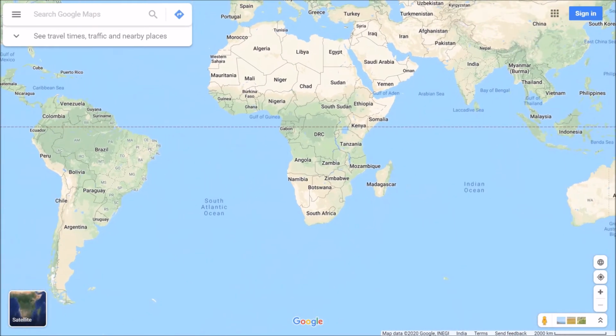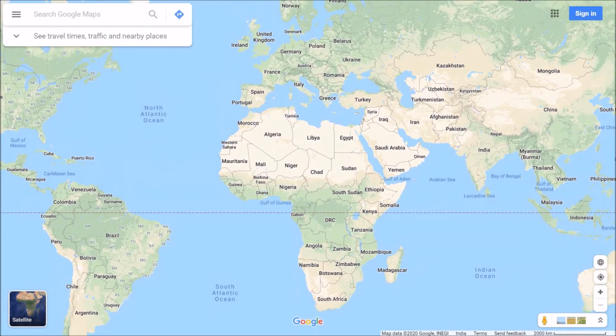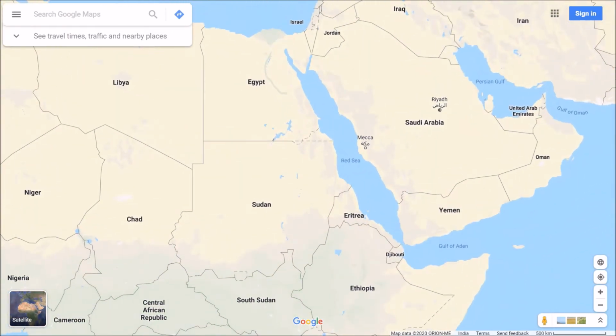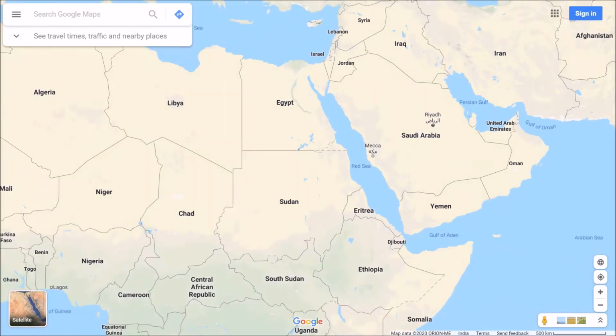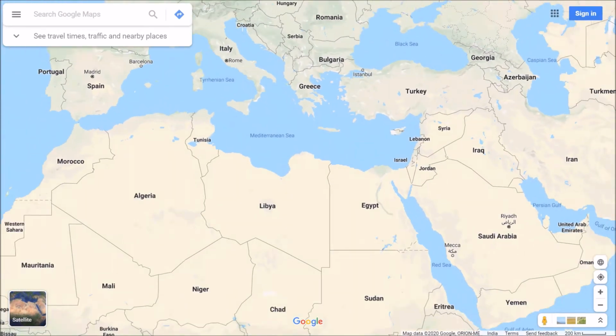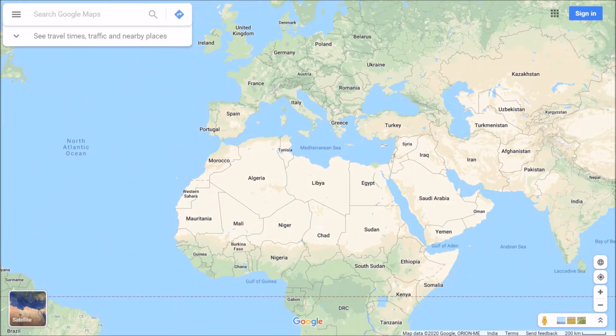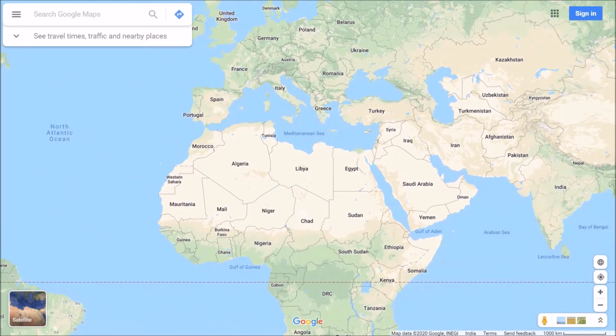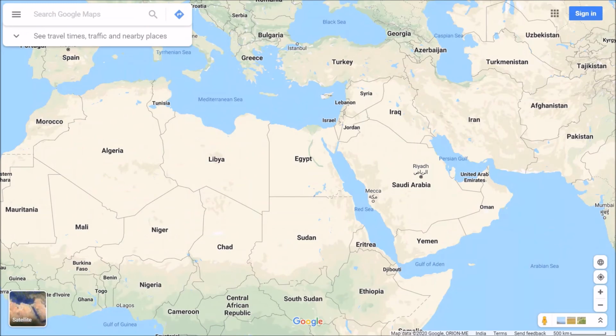Now in the south, the waters of the Atlantic Ocean and Indian Ocean merge over here in the southern part of Africa. Now these are the major water bodies. Oh, not to forget the most important, the Red Sea, which is in the northeastern part of this African continent. Red Sea and Mediterranean Sea are most important because they are the major sea routes for trade and